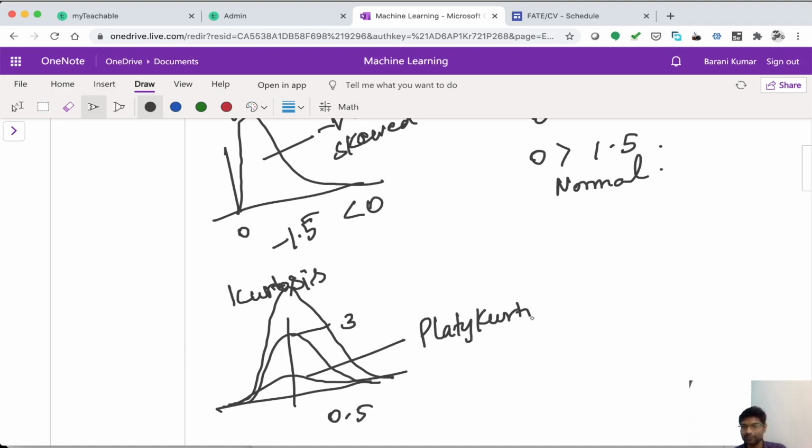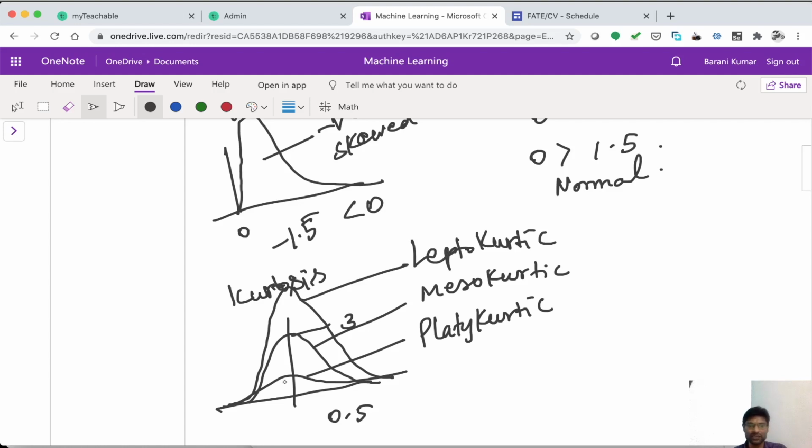So this is just a name referring to the kind of curve. This is platykurtic, this is mesokurtic, and this is leptokurtic. These are the different statistical names for the height of the graph. The kurtosis function is going to give us the height value as well. We'll again see the measurement of this in the next code example. How to calculate these numerical values is just a simple function call.